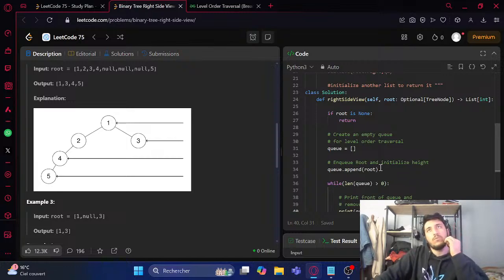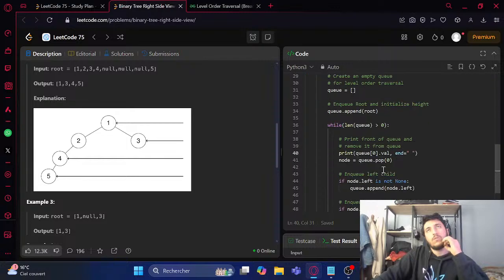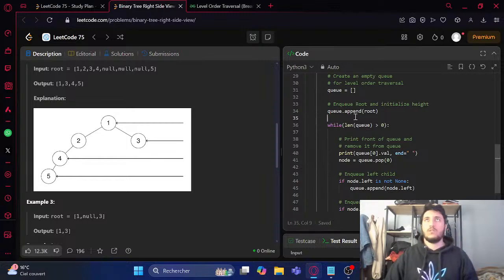Dot append root, and root, and then I'm gonna make, so I'm gonna define a new list equal res, and the res will be q dot pop. Res is gonna append q dot pop,